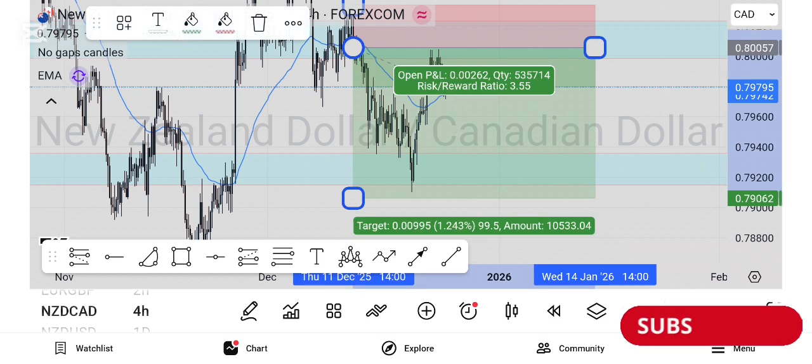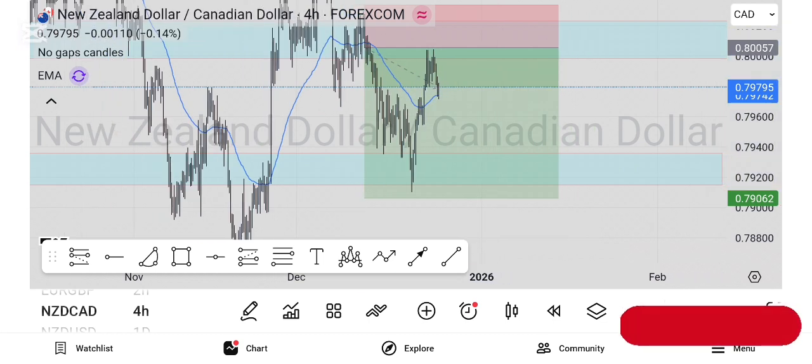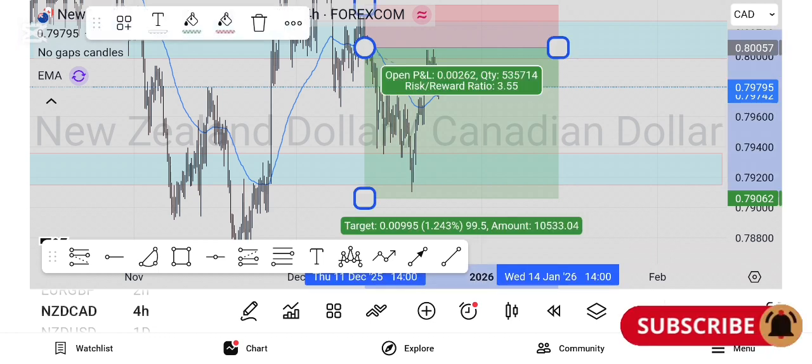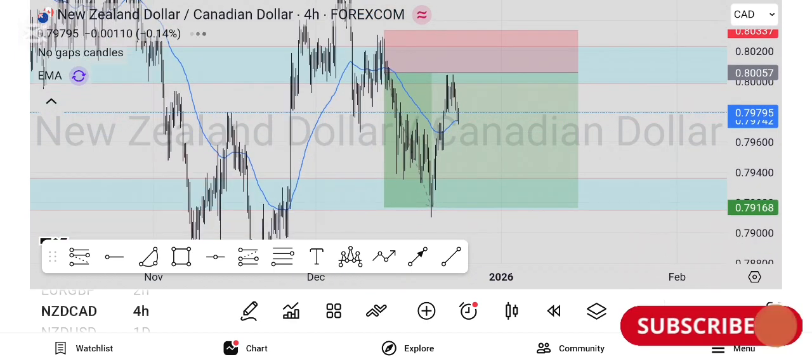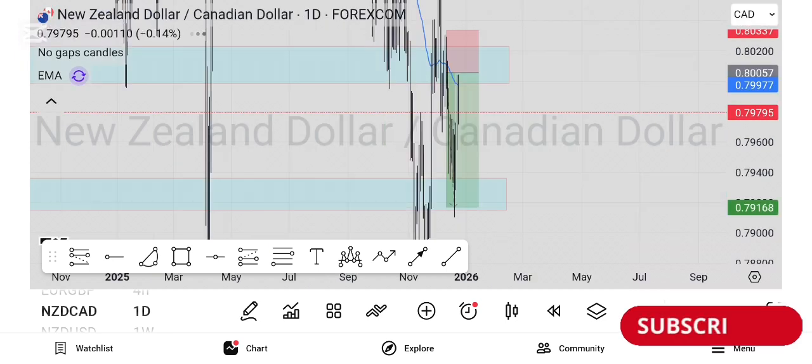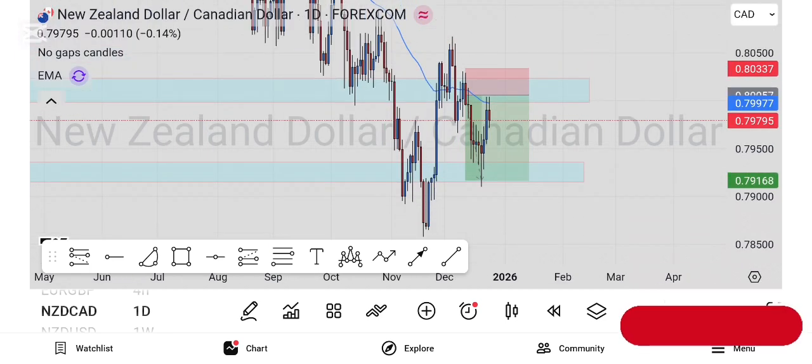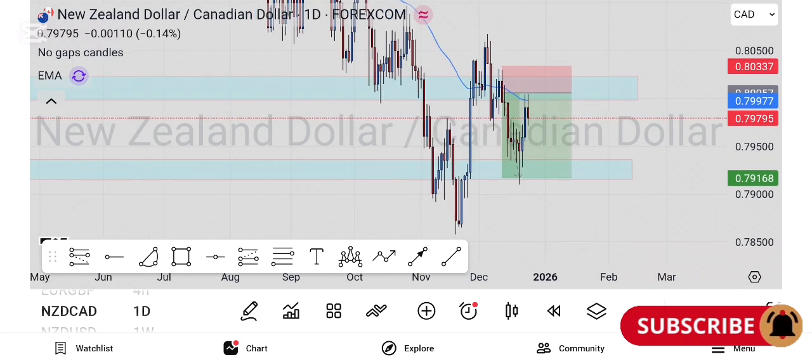I didn't send this NZDCAD on the Telegram, but I posted it on my YouTube channel because it was a personal trade I was supposed to take, and it was a different trade I posted on my Telegram channel, which I'm also going to talk about, and also talk about the mistake I made on that particular trade. So if I closed here, I would have still been on a nice 1:3, but I didn't notice that rejection, and I neglected